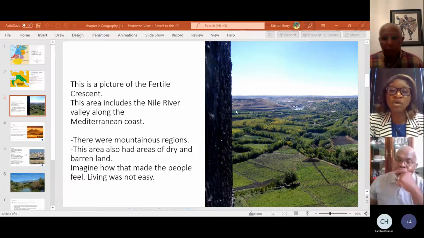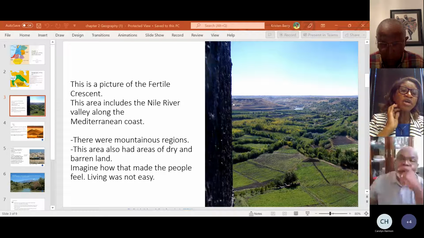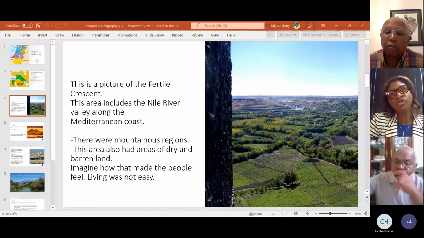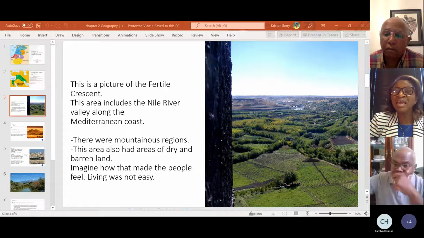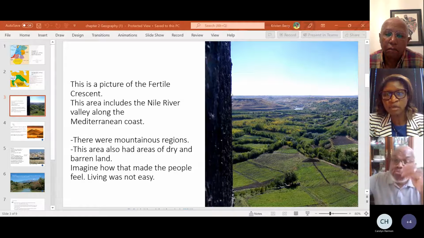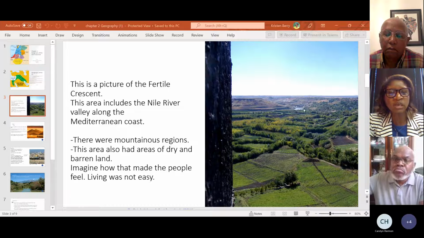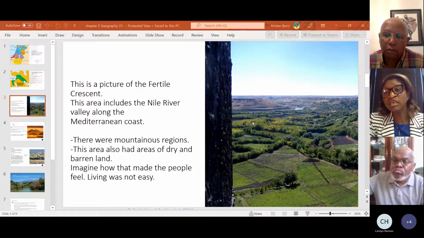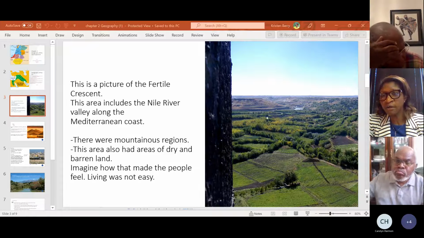When we talk about geography, one of the key things that we see over and over again is metaphors or illustrations of the land, of hills, of valleys, of mountains. So if you look on the right-hand side, you see right here where I am? This is a small hill, maybe a little mountain there, a very mountainous region. This area was considered kind of dry and barren. Life wasn't always very easy for them in this area.